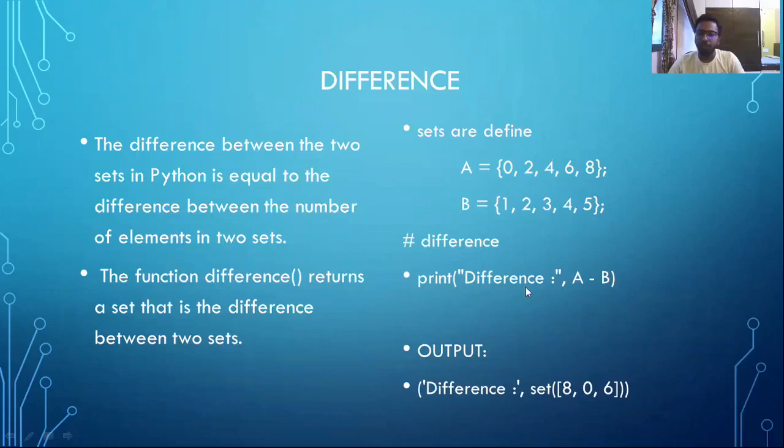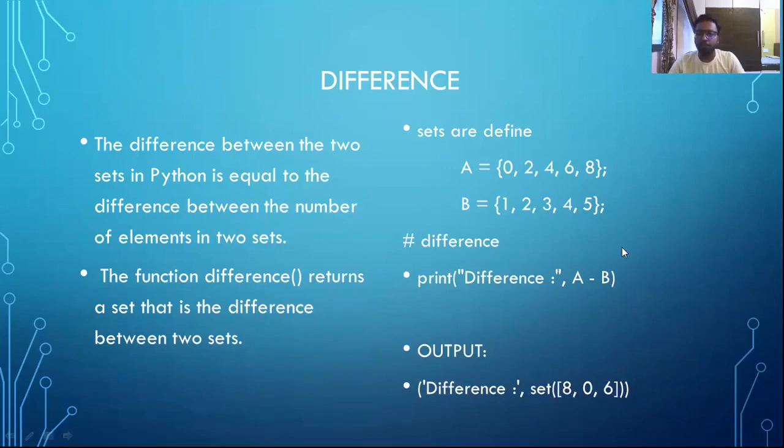If we want the difference of A to B, we print the difference A minus B. Here we remove the exclusive elements of only set A. The elements which are only present in set A are 0, 6 and 8, and 2 and 4 are common to set B and set A. So you can see the output over here. The difference of the sets is 8, 0 and 6.